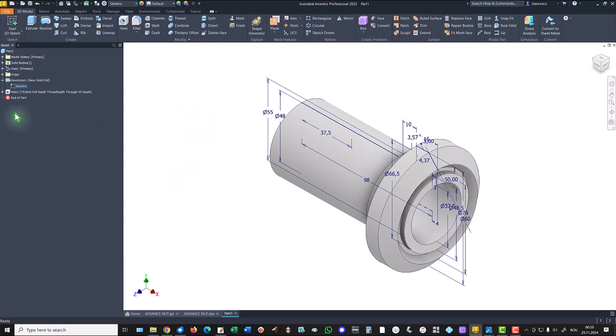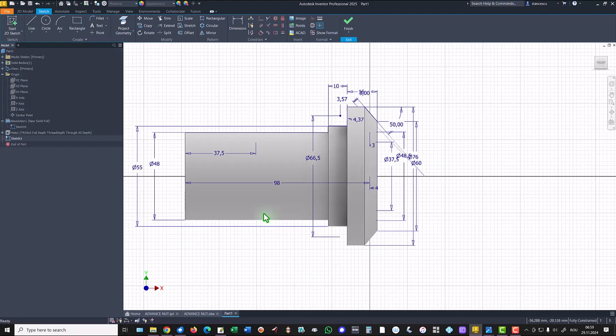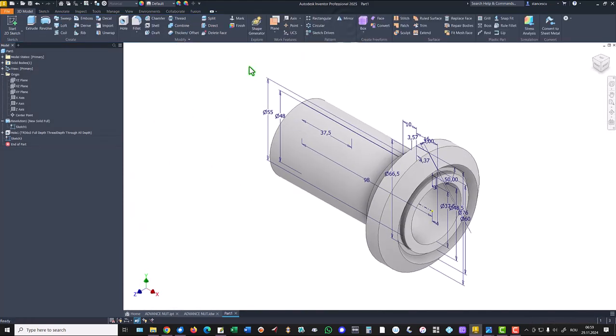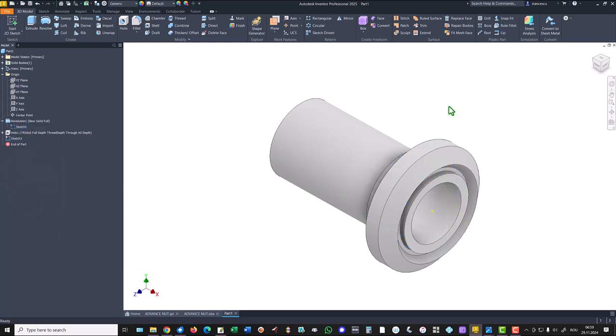Then we apply new sketch in this plane XY. F7 and we project that line, my friends. This is the line. Finish sketch. I hide the previous sketch